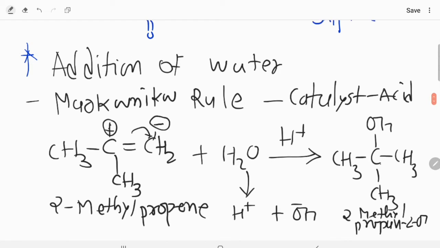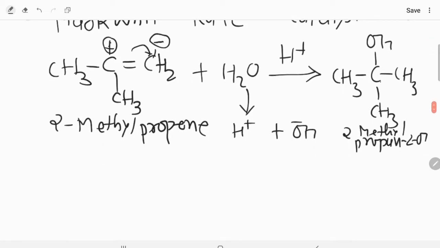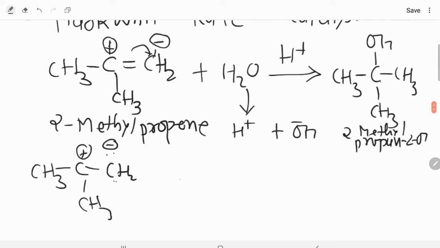Alright, what we did exactly here, I'm going to explain this one. CH3, CH3, here there was CH2. We shifted this pi electron cloud onto this particular carbon, so there was a plus charge, and from the water molecule you will get H plus and OH minus. Now what you have to do, dear students, is add this particular OH on this carbon, and this H plus on this particular one. So in this way addition of water takes place. I'm sure you understand this one.